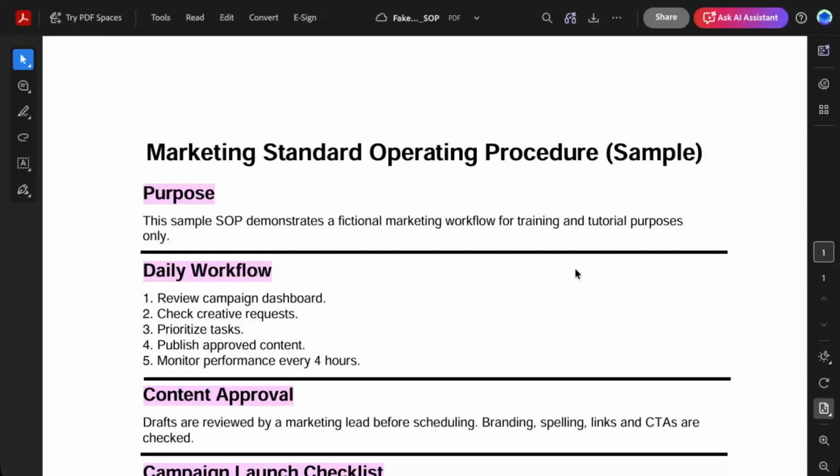In today's video, I'm going to teach you how to convert PDF to JPG on Adobe Acrobat. If you need to turn a PDF into image files that are easier to share, upload, or use in presentations and design projects, Adobe Acrobat makes the process very straightforward. In this walkthrough, I'll guide you through exactly where to click so you can convert your PDF into JPG format